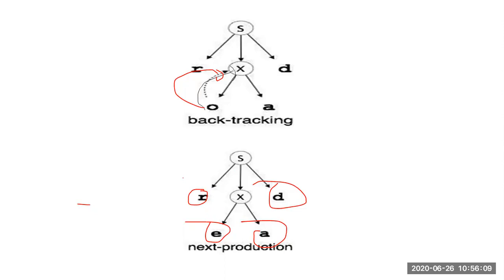That means nothing but the backtracking technique. Every time it will take one production rule and try to find the input string. If the input string is not found, it will go back, take the second alternative, and try to find the input string. Like that, it will try all the alternatives one by one until it gets the input string. It will try all possible production rules serially. It will verify one production rule at a time; first not working, second not working, third production rule, like that it will go on. That is briefly the first technique, backtracking. Is it okay, guys? Backtracking.